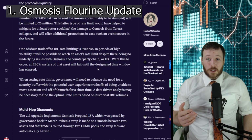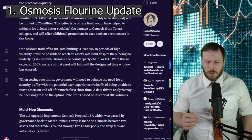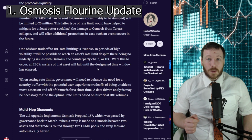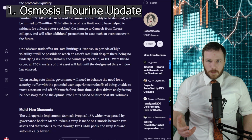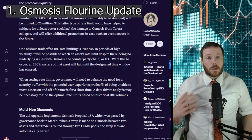but we've all seen tokens crash in the past, such as Terra, where 70% was withdrawn in 3 days. That is way more intense than your average bank run. And remember, most banks only keep 10% of the money that you give to them. The rest is loaned out, and they can close their doors as well. Remember that. So for me, understandably, it's important why these safety mechanisms are in place. And I hope this mechanism is relatively liquid and adjustable, because we don't want this to come at the expense